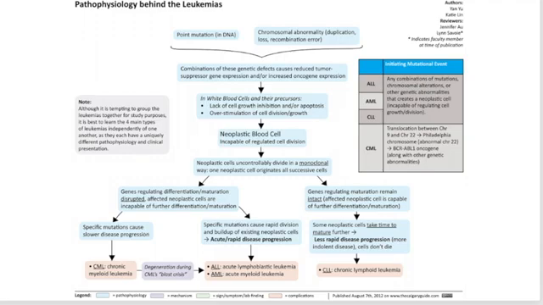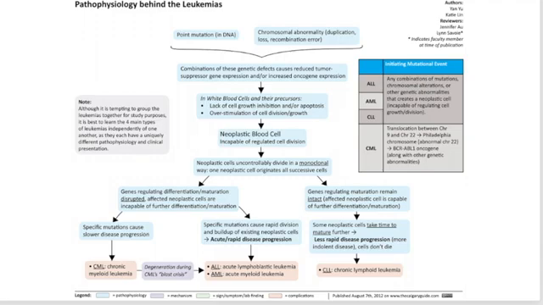All right, let's look at some selected neoplastic disorders. Here is a wonderful pathophysiology flow chart for the leukemia. So I just thought this was really nice. I really love this website. Check out thecalgaryguide.com. So you can see there point mutation or chromosomal abnormality, combinations. We get issues with white blood cells and their precursors, neoplastic blood cell. Then we have the monoclonal mother cell, and that one cell originates all successive cells.